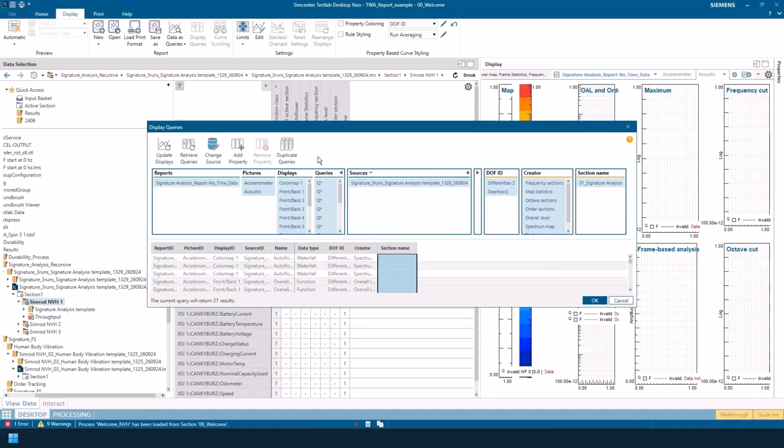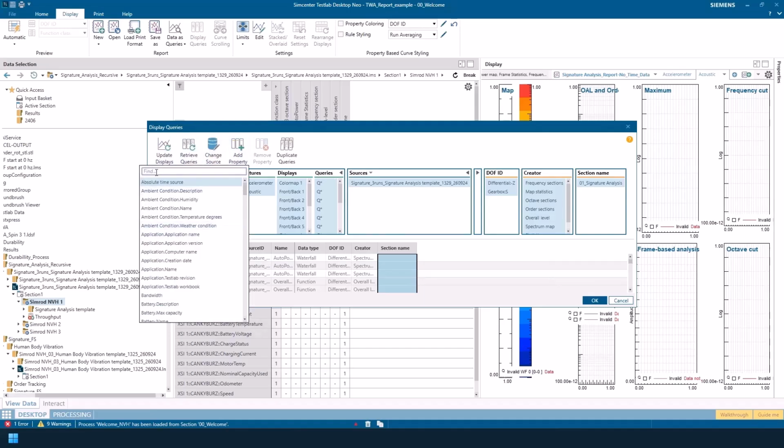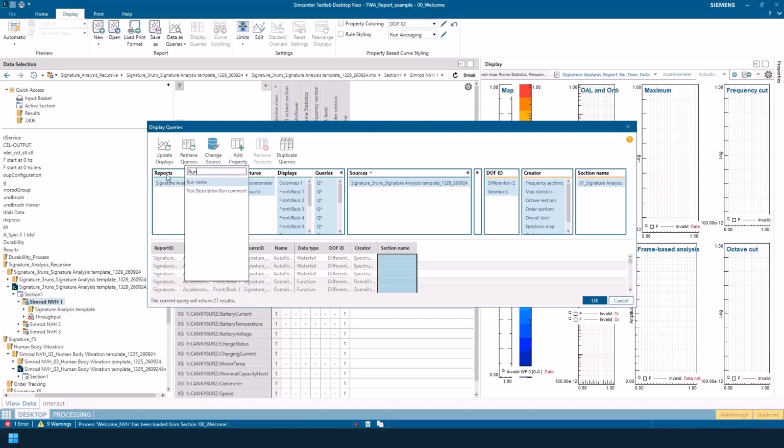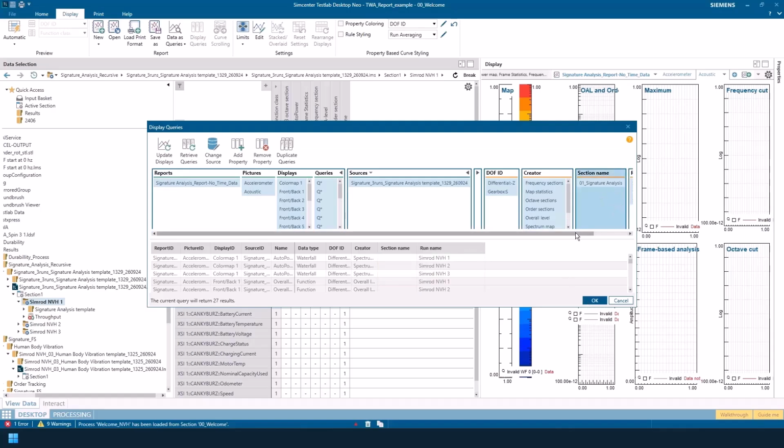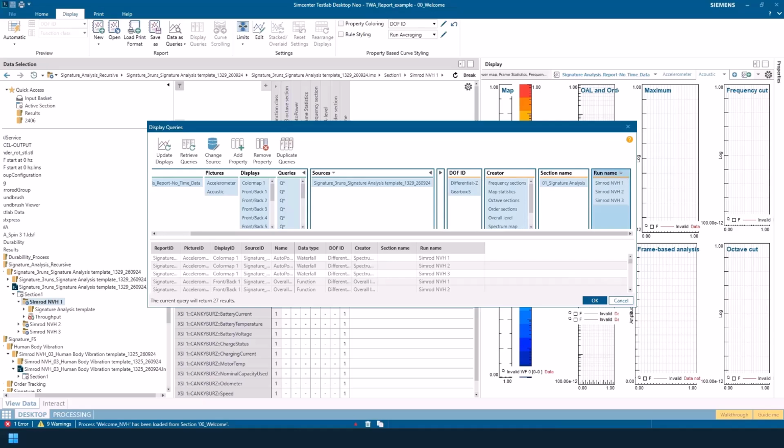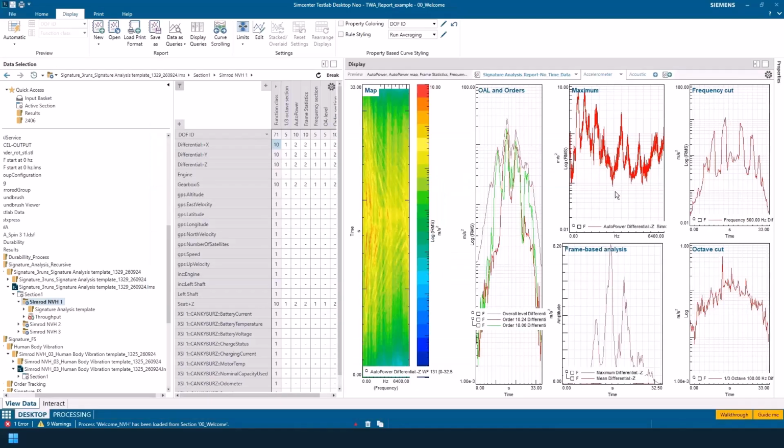And then maybe I want to add a run name. I can add the 3 runs to these displays. So I'm going to add the run name. And then maybe I want to just pop one of the first run, so let me turn these other ones off and say okay. Yep, I don't have an acoustic channel. But then I can populate this report real quick with the data I just processed.